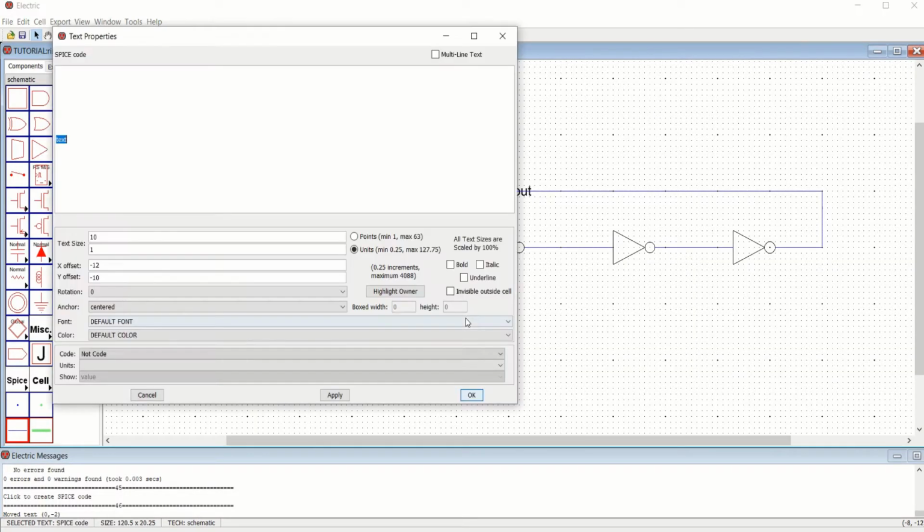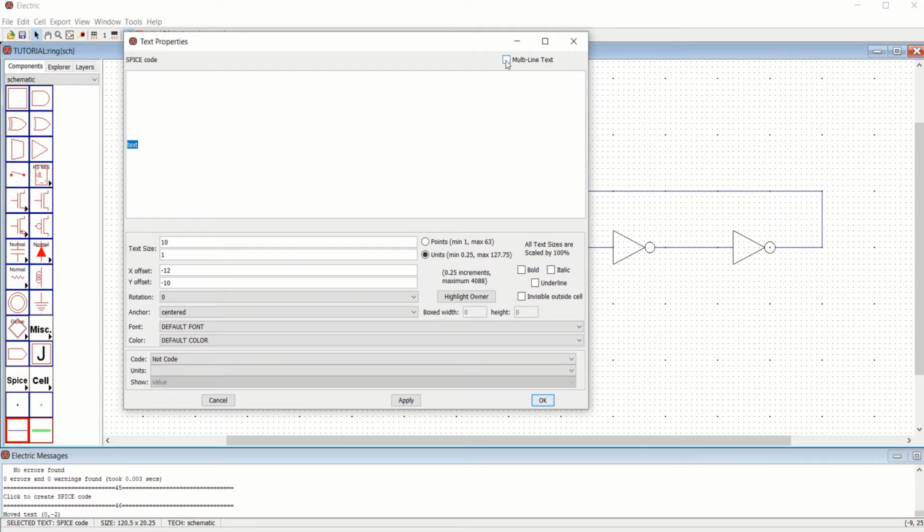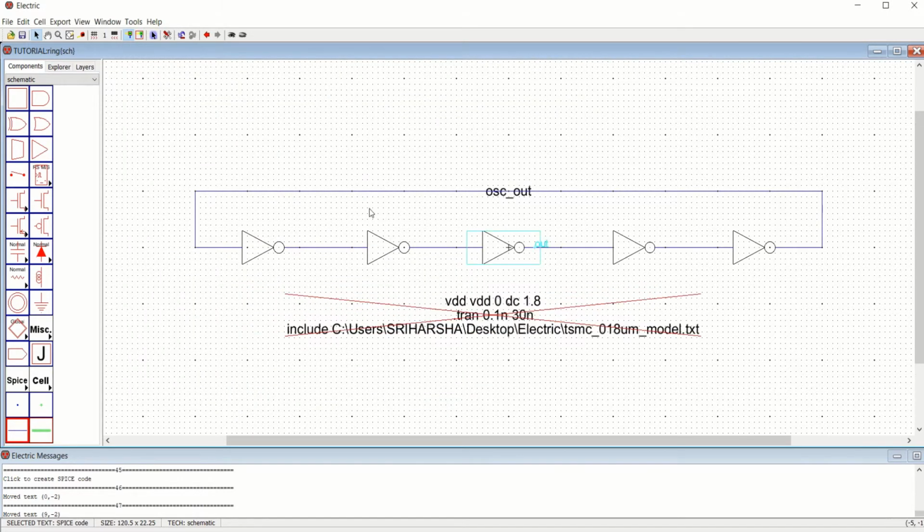Use Ctrl I. It is already in select mode. Now click on multi-line text, then Ctrl V to paste that. You can increase the font size to around 2.5 or so, depending on the requirement. I apply OK. Now the code is placed.